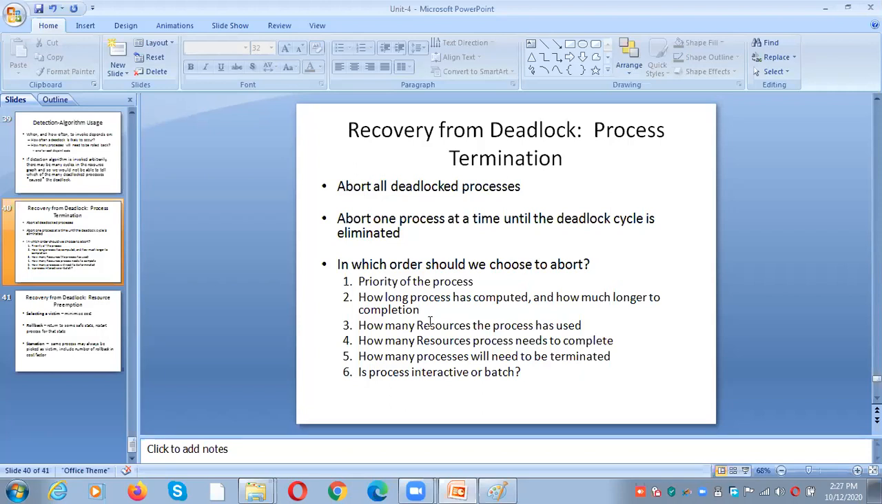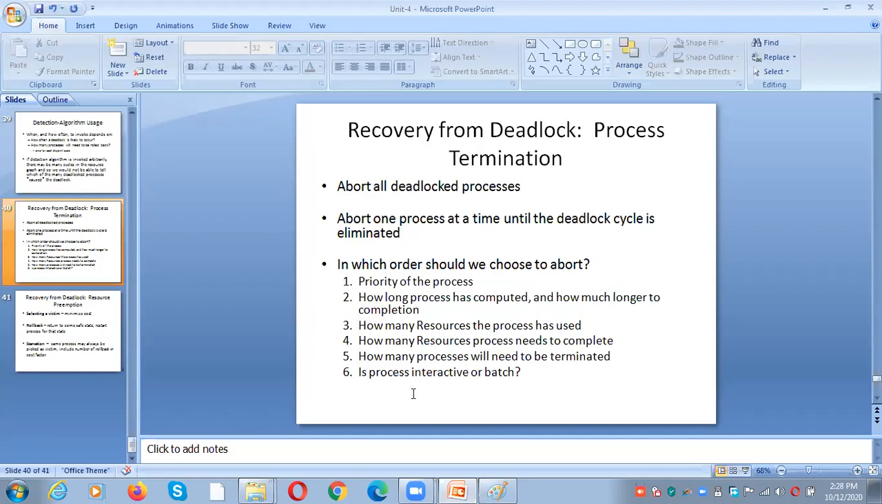Again, you need to start the process from the initial point. Again, you need to assign all the 5 resources to the process at a later time. So you should not remove such a process. You should not choose such a process, right? So whenever you want to choose a